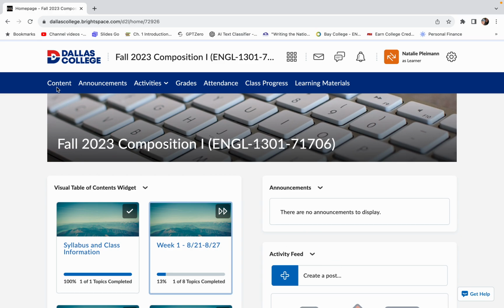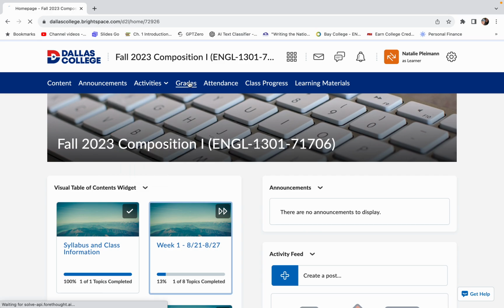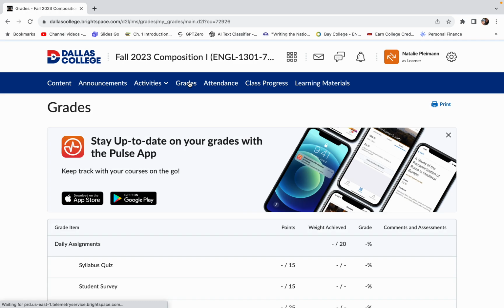Up here at the top, you'll see content, which is pretty much everything that's in the class. You'll see announcements, and you can click on this and it will take you to the announcements. I don't have any loaded in there yet, but you can always go there. You can go to activities and look at things like assignments, discussion boards, quizzes. You have an e-portfolio, which is just an opportunity for you to hang on to assignments or take notes, that sort of thing. You can come over here and click and see your grades in the course